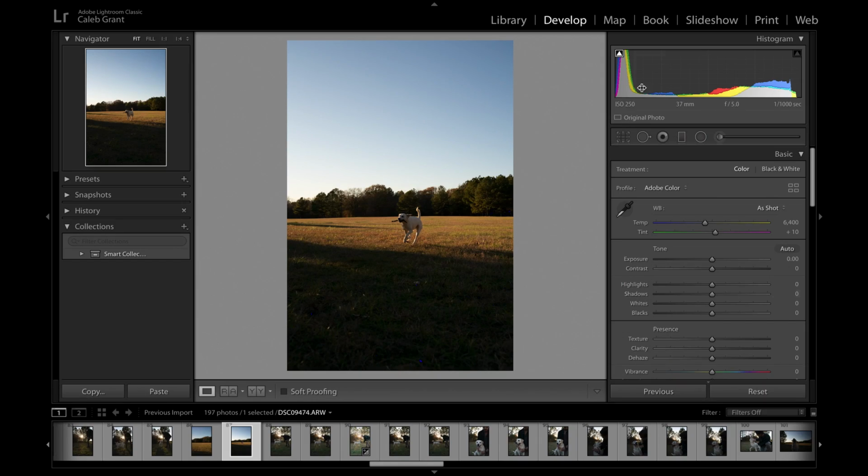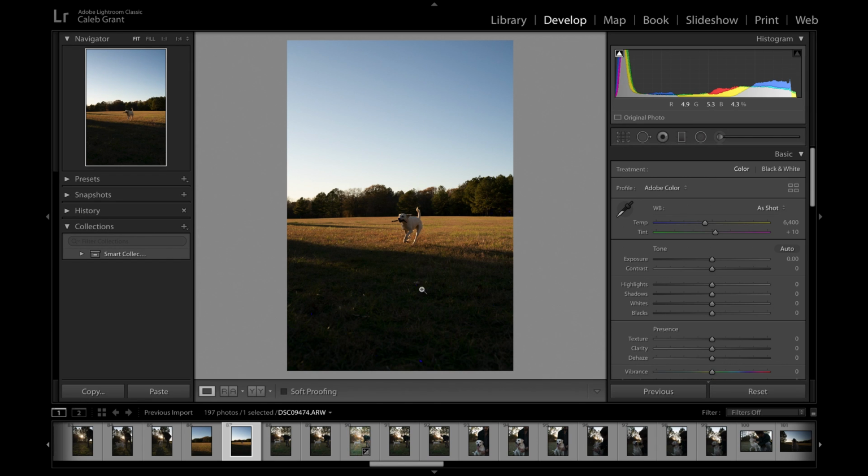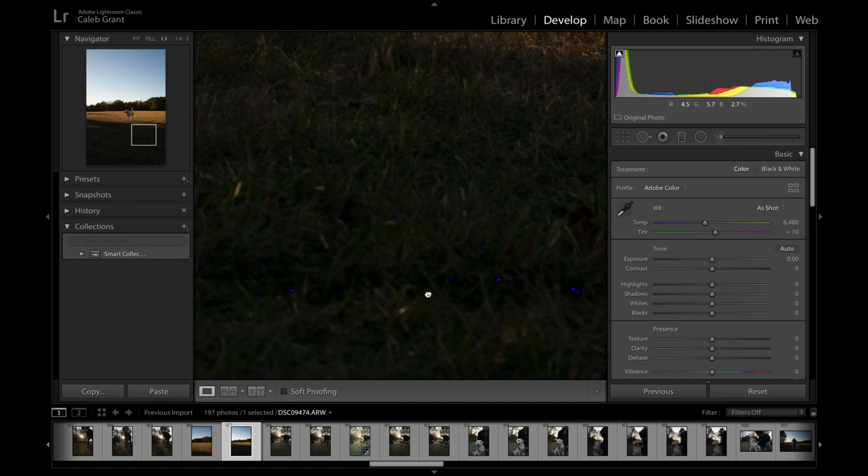So right here you can tell that we are losing a bit of detail in our shadows, and we kind of already knew that just by looking at the photo. A lot of times you'll already know this by looking at the picture. Again, a histogram just allows you to read that. So when we click that, we see that down here there are a few spots where it's fully black and